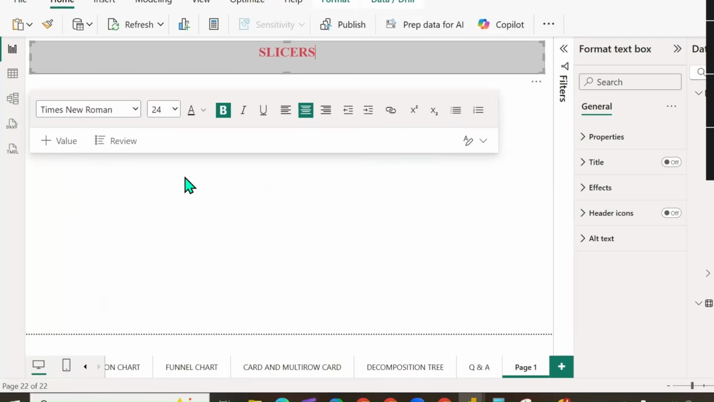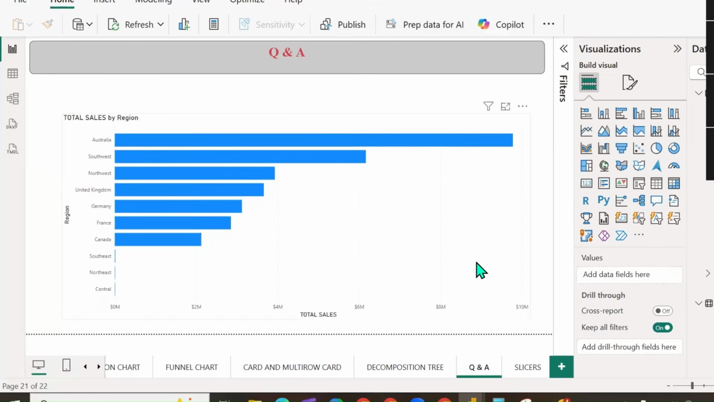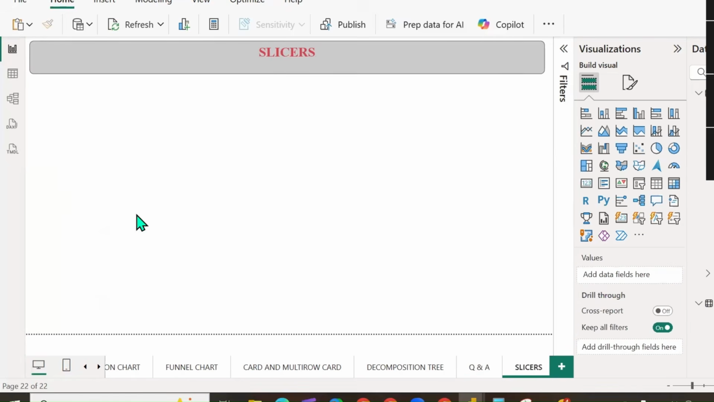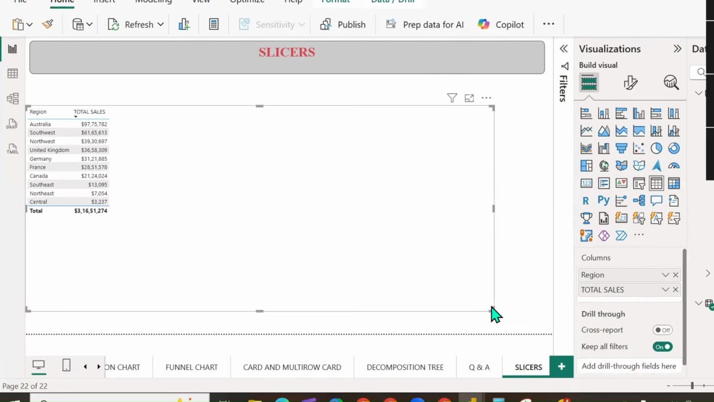Slicers. Okay. What is a slicer? A slicer is used to filter the data, the data that we regularly use. Let me take this visual and make it into a table so that it would be easy to slice